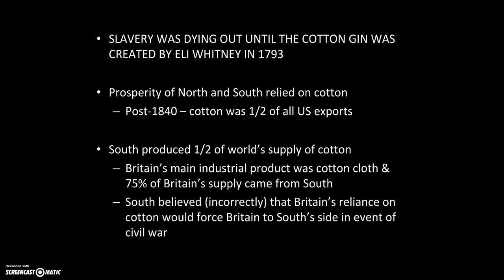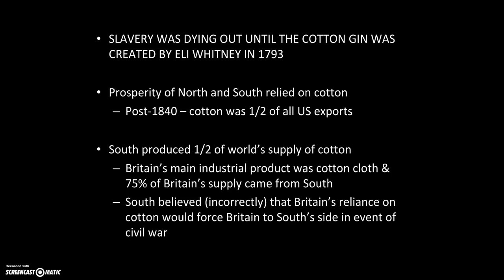That combined with the market revolution, with all the textile mills from Slater and his doing that are going on in the North, and particularly in England. England is going to be a mass buyer of Southern cotton. So the cotton gin is going to have an awfully big impact, not only on the economy, but obviously with the institution of slavery. So, like we talked about, both the North and the South relied on cotton because the textile mills up in the North required the raw material, and obviously the South had essentially become a non-diversified economy where they're really only growing one crop, mostly cotton. So it's going to be an important crop for both the North and the South.